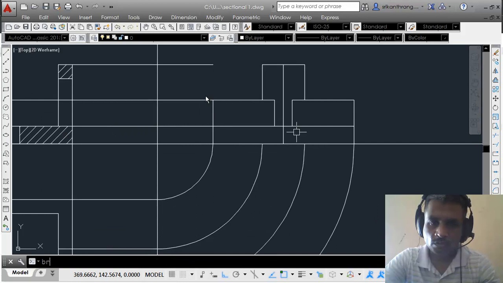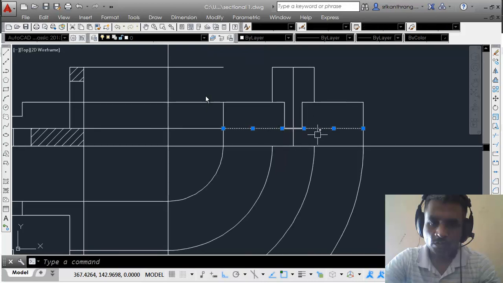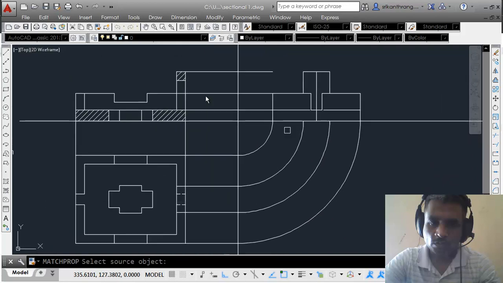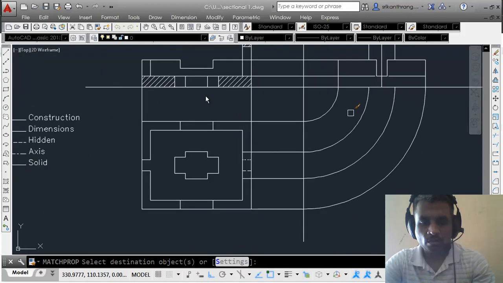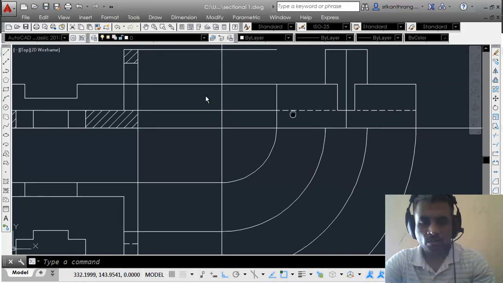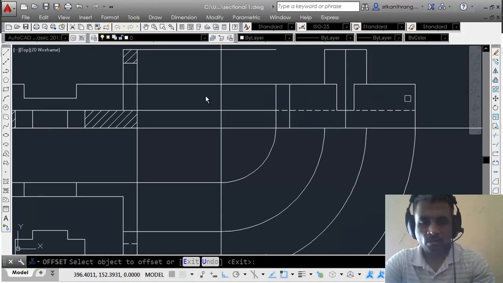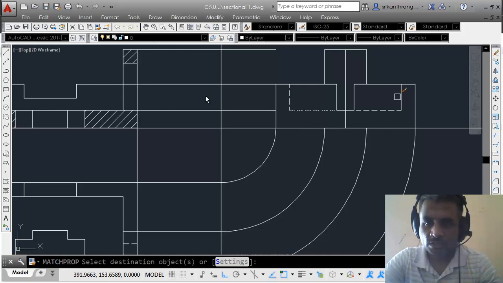to hidden, and also from here 8 mm lines, the boundary lines, these also will be visible, and these will also go away. These lines will also not be visible. Then of course I'll have to take a reference from here to here and to here. Just remove this, and I'll match the properties with this because these are also hidden.